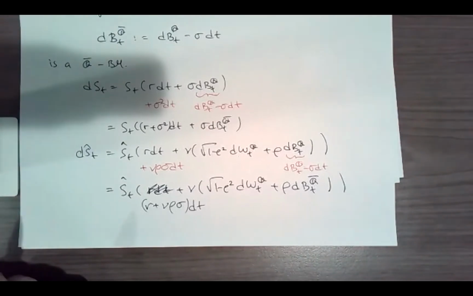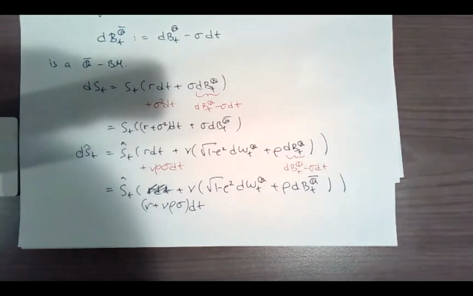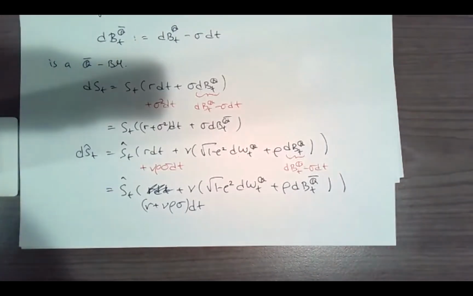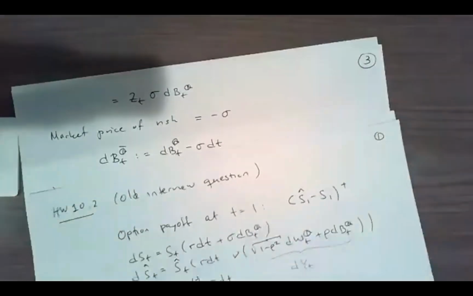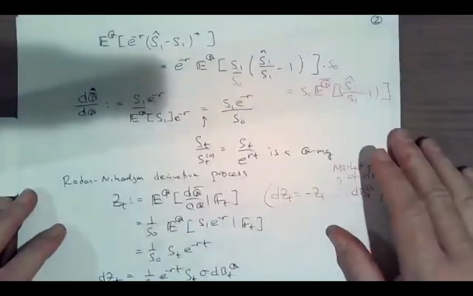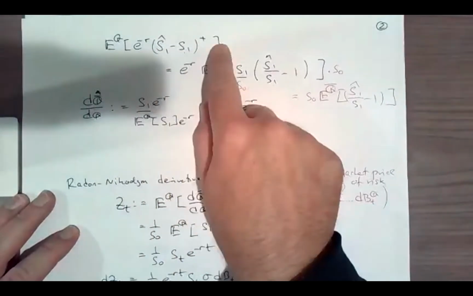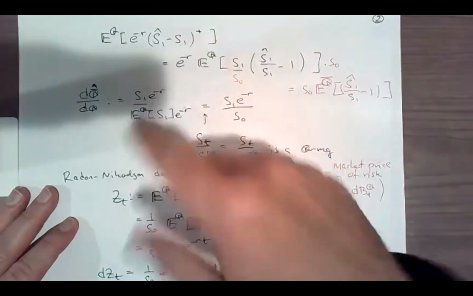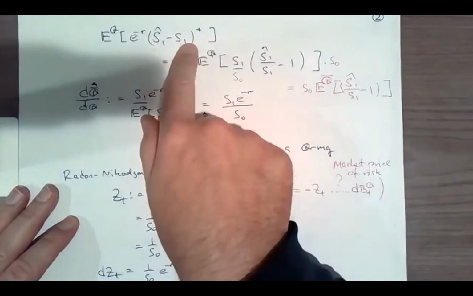Professor, I have a few questions about this process that we just went through. So, at the end here, when we're changing the dynamics of S_T hat so that the Brownian motion is under a different measure, I remember we did that a few times on our homework. What was the point of that, this change of measure again? You're being asked, the question is about computing this expectation here. Okay, so the hint is that you can write this expectation here